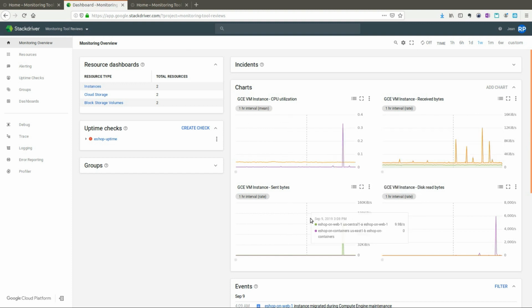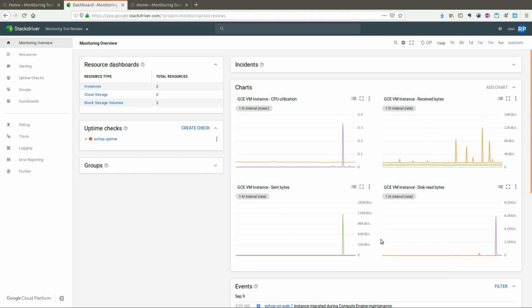I know me personally, one of the things that I would like to see as a quick dashboard when I get into something is where the errors are happening. CPU utilization, that's great. Receive bytes, sent bytes, that's nice, but I would not just want to know what's been sent or received, but what's dropping. If there are issues that I'd like to jump right into, it would be nice to be able to see that here. So I guess that's something that you can always add, obviously, but I'm curious as to why they added just